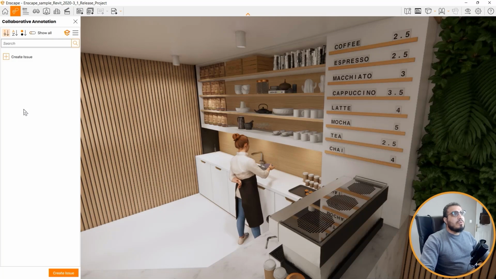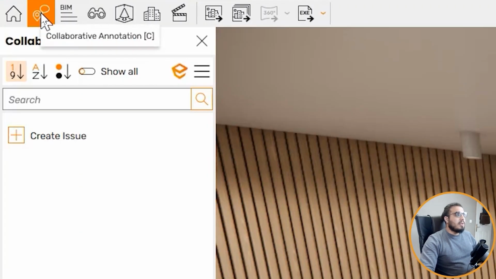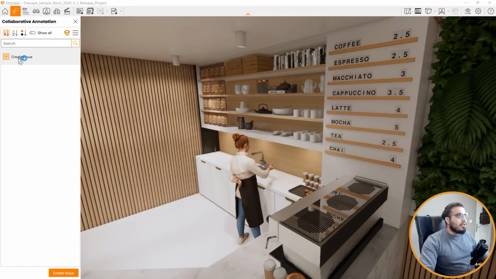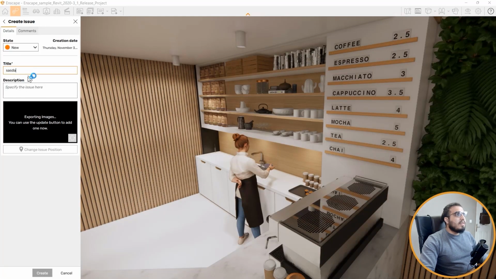If you are familiar with BCF and build collaboration format, you can do that in Enscape too. For example, you can go somewhere and you can click on this collaborative annotation and you can create an issue in here. I can title it whatever you want and can give it some description, and also it will create an image from this side.